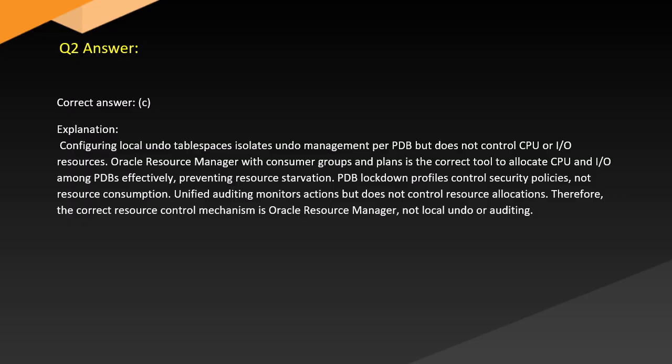Answer. Correct answer, C. Explanation. Configuring local undo tablespaces isolates undo management per PDB but does not consider CPU or IO resources. Oracle Resource Manager with consumer groups and plans is the correct tool to allocate CPU and IO among PDBs effectively,